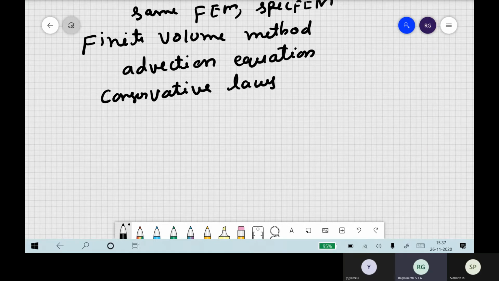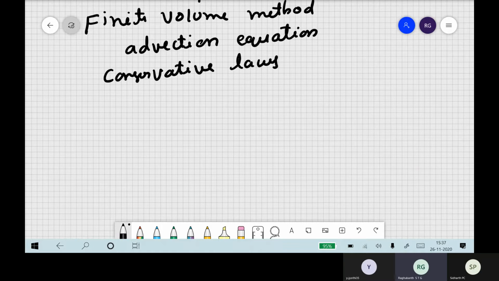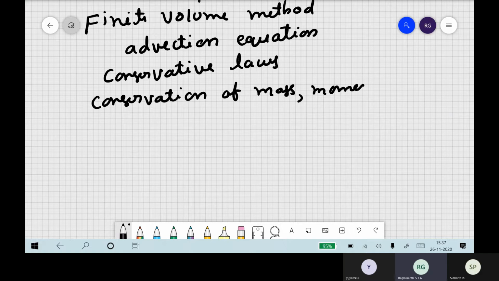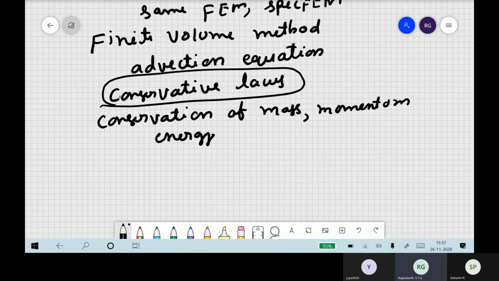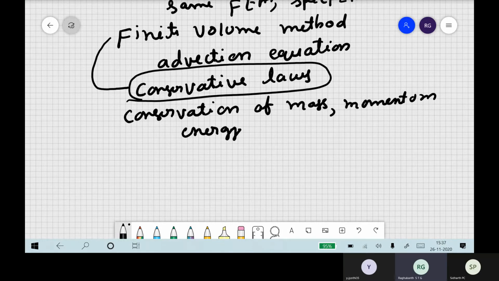Right, in mechanics we have several laws. One is the conservation of mass. Then we have the volume or whatever. Then we have conservation of momentum, linear momentum, then angular momentum, conservation of energy. So all kinds of conservation laws are there. In the finite volume method, the most important thing is these conservation laws. The mathematical word is advection, but advection is anyway nothing but a conservation law. This is more of an engineering word. So the finite volume method is completely based on these conservation laws.